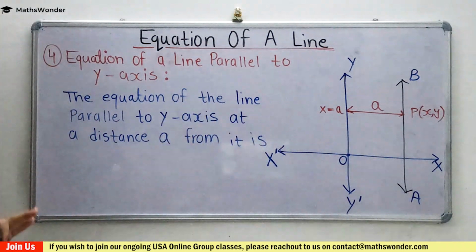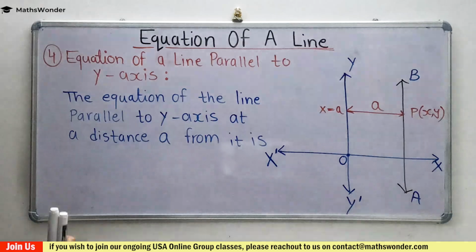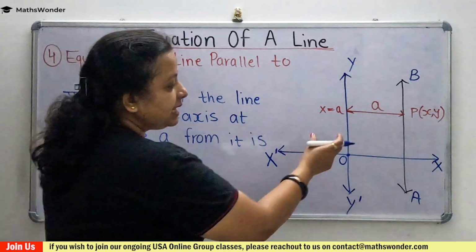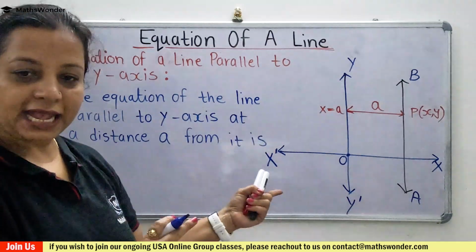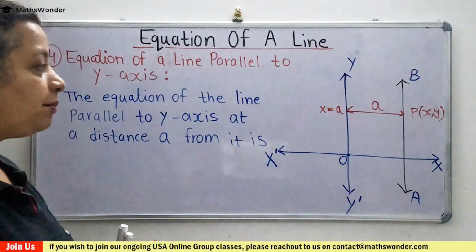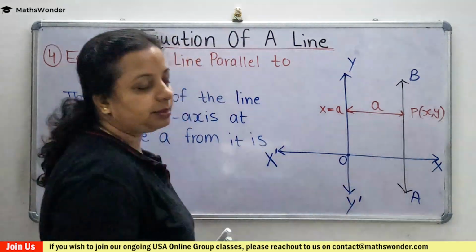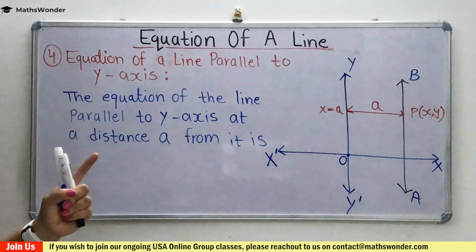Okay. So in that, what happened? AB is a straight line parallel to the y-axis and at a distance a from it. What is the distance between the parallel lines? A. Okay. On the x-axis, I have taken a. Here I have given the A. Okay. So A distance